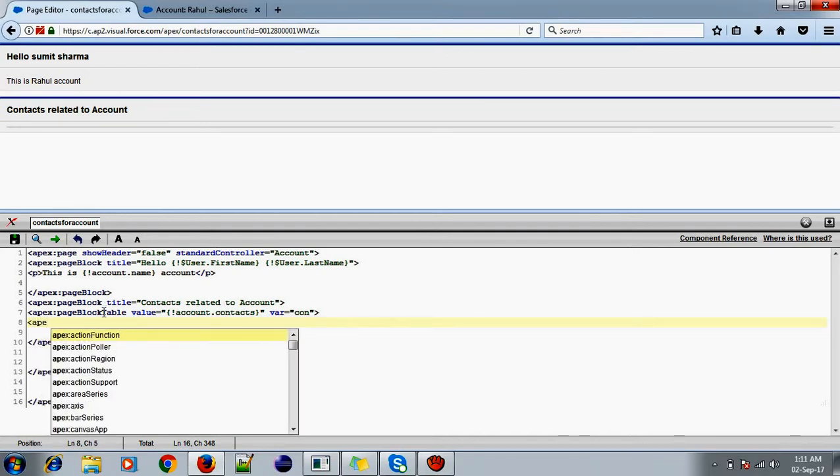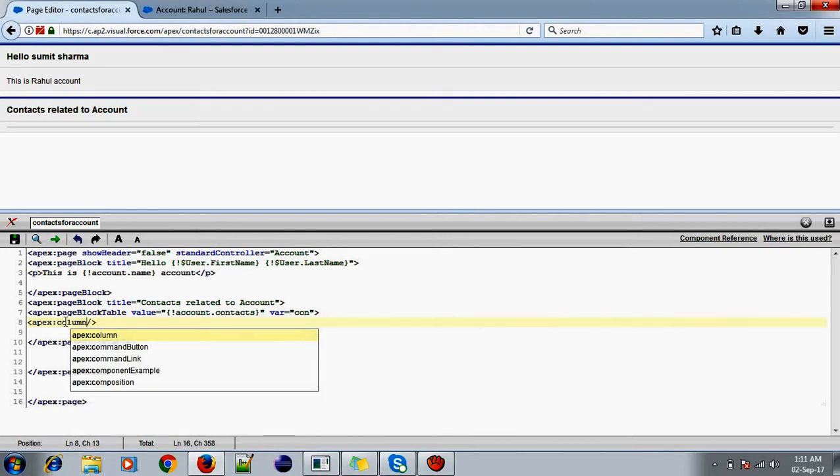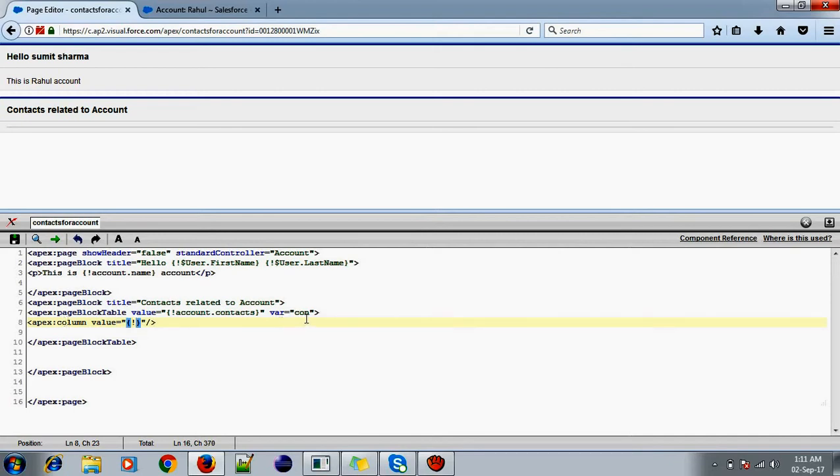That is the reason we use a page block table. We will display the data using columns. apex:column, value: what we are going to display. The value is stored in con, so it's con.name. Anything we want to access, we can access using this variable.